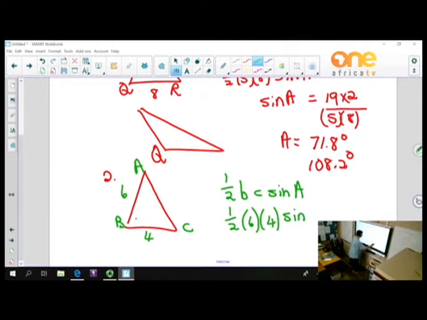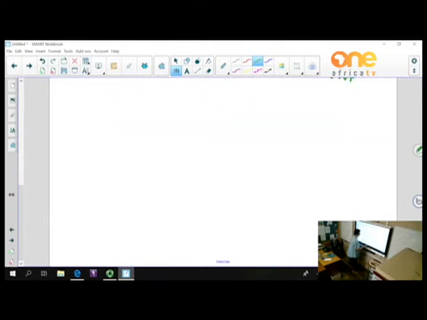This is what you want to calculate. And this, we equate it to 11. So sine A is then equal to 11 times 2, opposite operations here, divide by 6 times 4. And you will say second function sine,